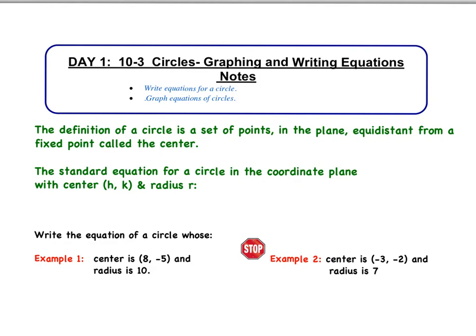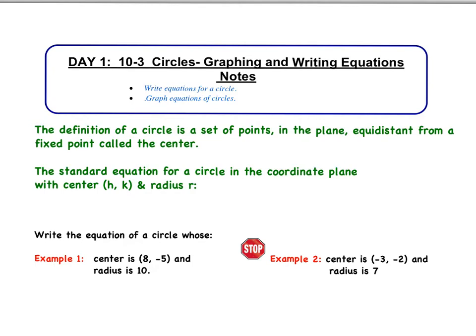Today's video is on writing equations for a circle and graphing equations for a circle. The circle is our first conic section that we are going to explore. The definition of a circle is a set of points in the plane equidistant from a fixed point called the